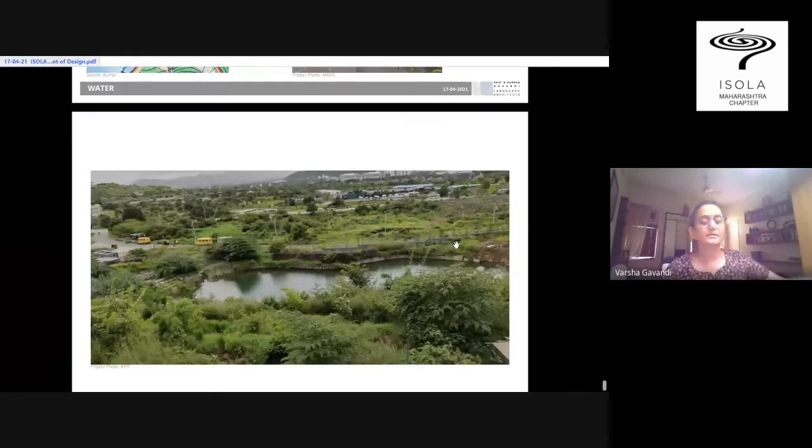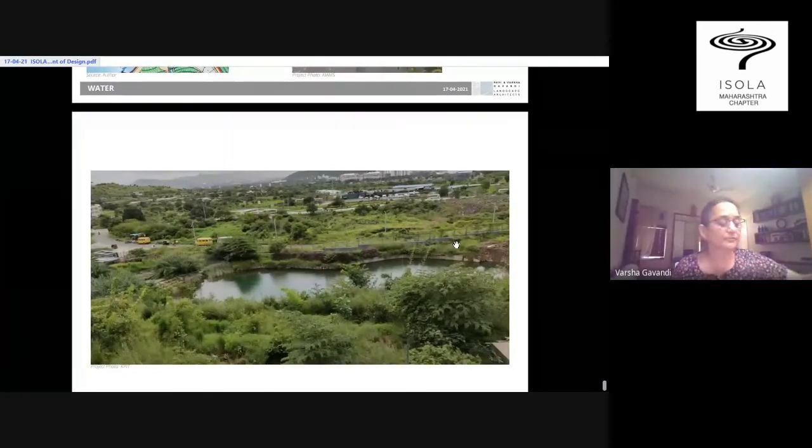Basically, I would say that there are different ways of looking at water as a design element. There has been a shift in the way we have started looking at water, not only as an aesthetical element. Of course, that at the same time cannot be underestimated. It has a very important role to play as an aesthetical element for its physical qualities, for climatic control. But at the same time, I think it's very important today to respect and recognize it as a very valuable resource.